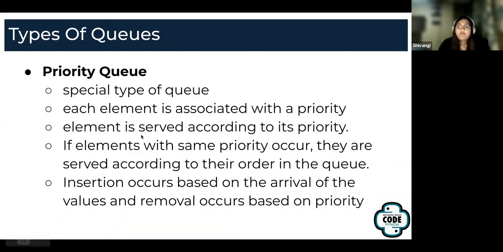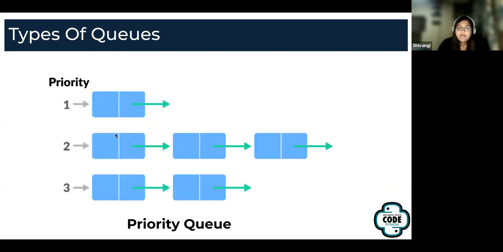Now, what am I trying to say here, right? If an element is supposed to be served according to priority, that essentially means all the elements which have priority 1 will be the first to leave the queue, right? But what do I do in the case of 2? 2 has more than 1 element, right?